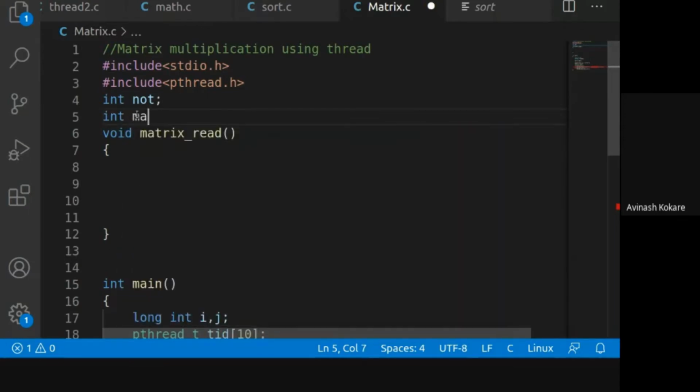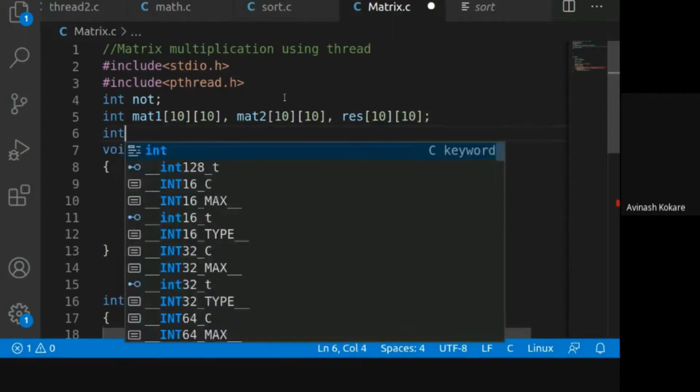So we'll declare these variables as matrix 1 of size say 10 by 10, comma, matrix 2 of size 10 by 10 again, and one more variable that will store the result. So we'll declare this variable as the result as 10, 10.